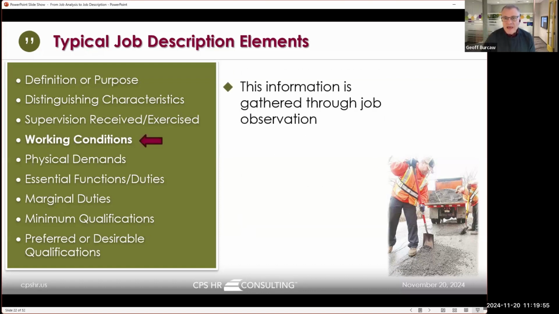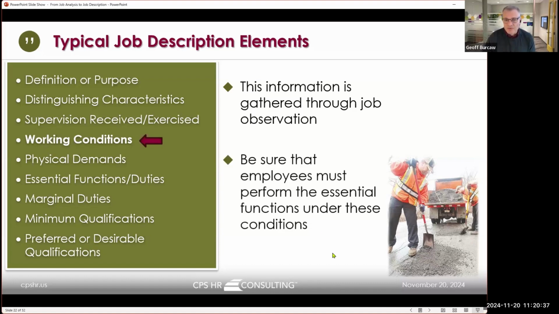But it's really important that you get this information from your job analysis, and a specific part of job analysis, which is job observation, where you literally go out and observe people performing the job, because that's really the only place you're going to see and gather that information. A lot of times in job analysis, I will interview people on the phone or virtually, and they say something like, "Yeah, we have to work outside," but they don't really have the details. And I get out there and I observe them, and I find that they're exposed to noise and dust and chemicals and all of this. So you want to make sure that information comes from your job analysis process